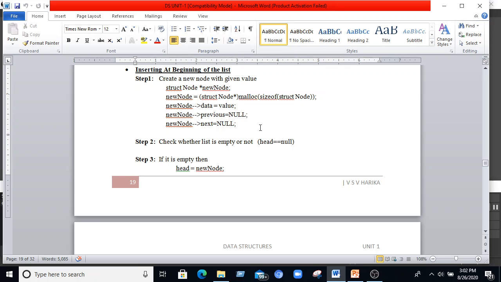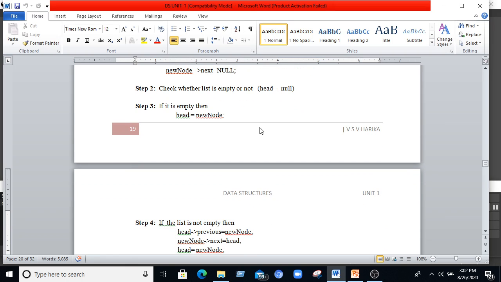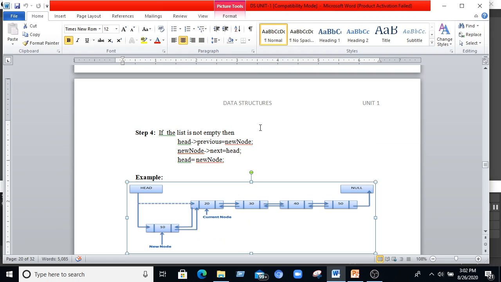If it is empty, we point this created node as the first node and beginning node of the list. If it is not empty, we place the previous node address over here and point the head to it, and this address location is null.